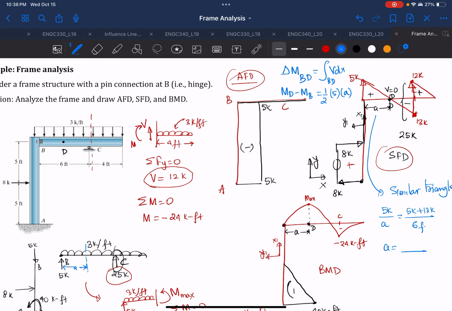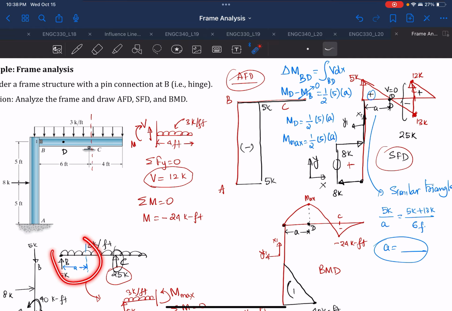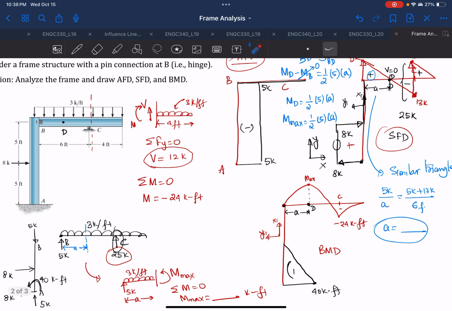Because this is a positive shear, your area also will be positive. And we know that MB is equal to 0, so you can find that MD is equal to half 5 into A. So MD, which is equivalent to M max, is equal to half 5 into A. So once you find the A value, you can either use this equation, cut the section at A, and then find your M max using the equilibrium equation, or you can use